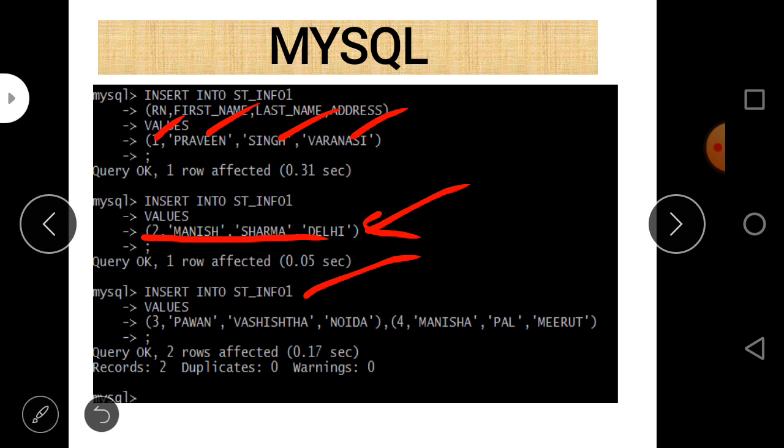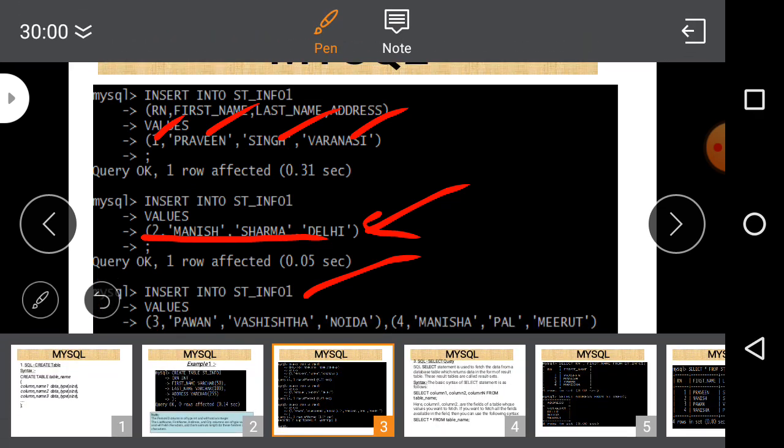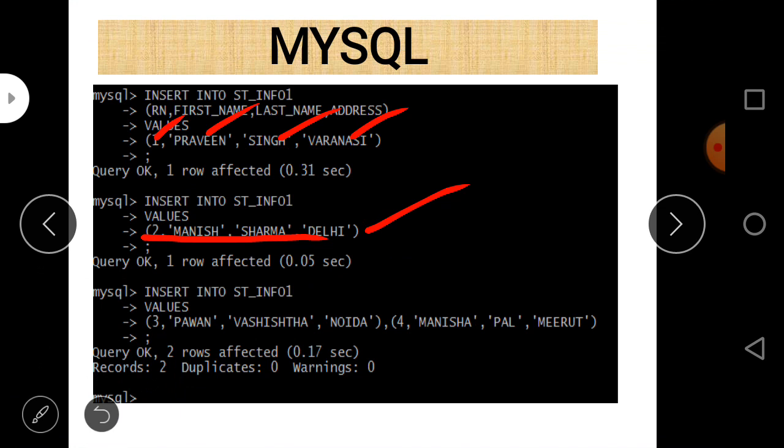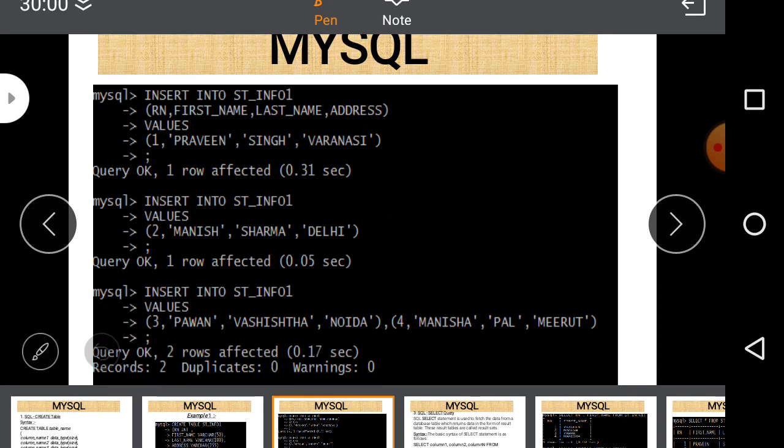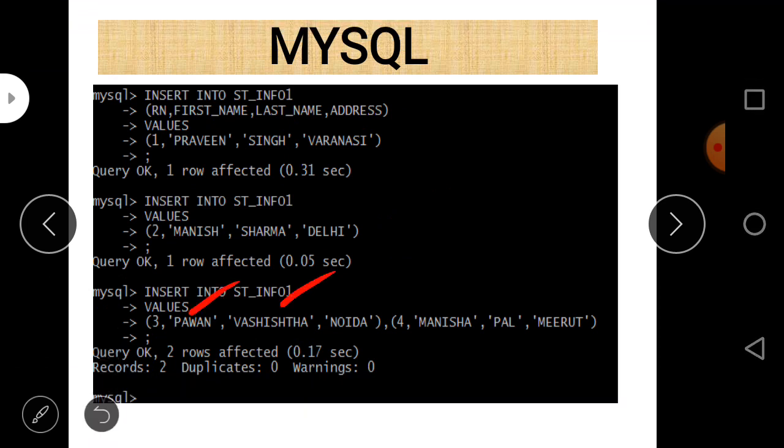The third important thing is, if you want to insert data into more than one row, this is also possible. You can just write insert into the table name and then values, and then value set 1, which means one row, within parentheses, after that a comma, and then set 2 within parentheses again. So you can insert data using a single insert into command in this manner. You can easily see that 2 rows are recorded when we execute this command.